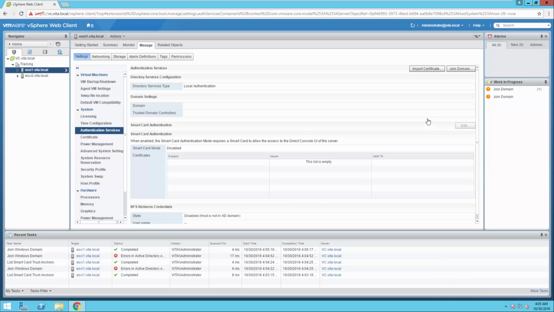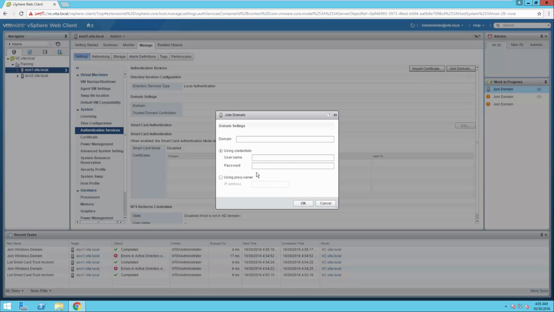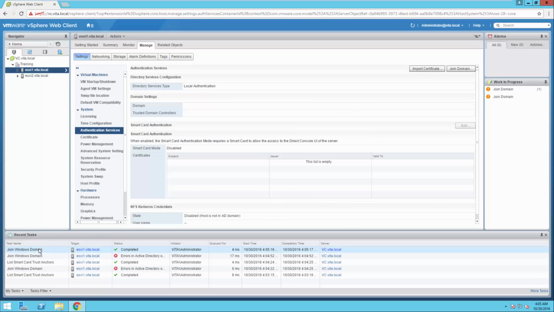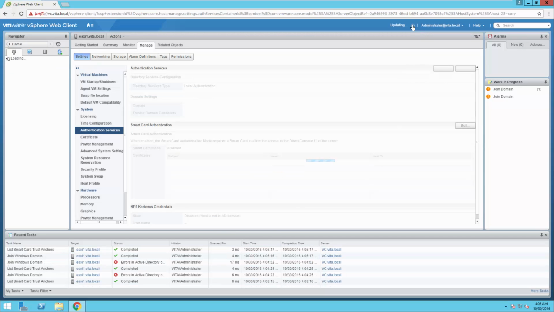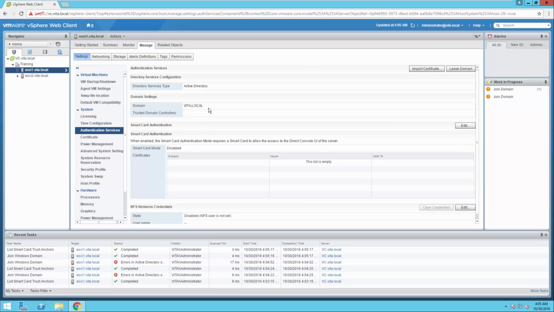And sometimes you just have to do it without the Vita account. So it did join. And you should be able to see vita.domain there. It's really weird that the trusted domain function is not there, but